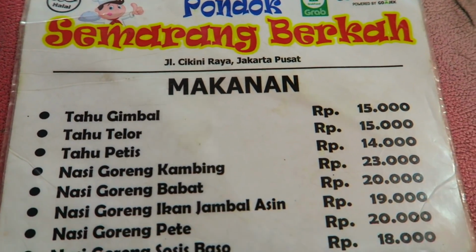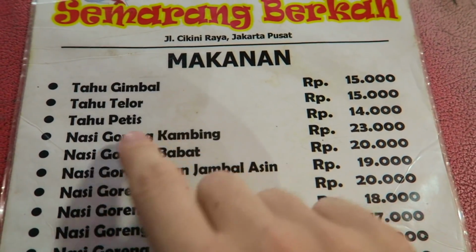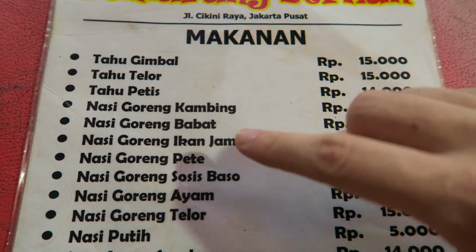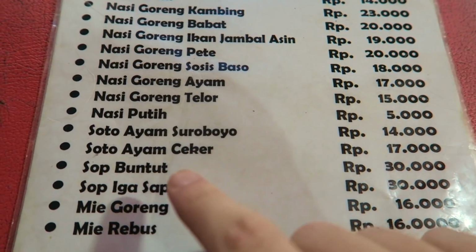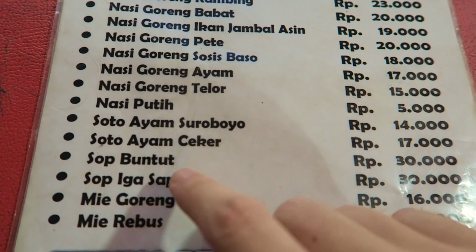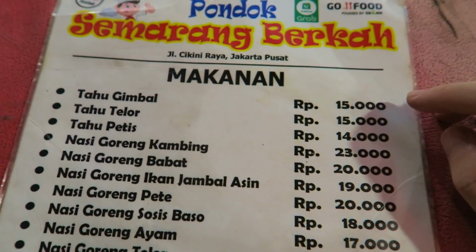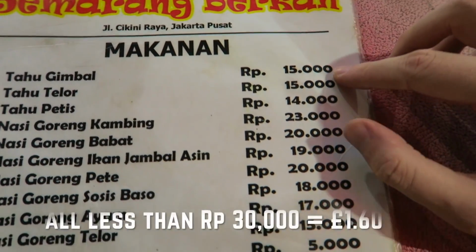So similar to my Jakarta sightseeing video where I had dinner by the road, where you get kind of a makeshift restaurant, and prices are unbelievable for all the local Indonesian food. So let me show you. So tahu is tofu, and nasi goreng of course is fried rice. Nasi goreng with all the different things, some with chicken, soto, I think that's a traditional Indonesian dish. Mi goreng, fried noodles. Sop, I believe, is soup. But the main thing is, if you just look at the prices, you know, they're all